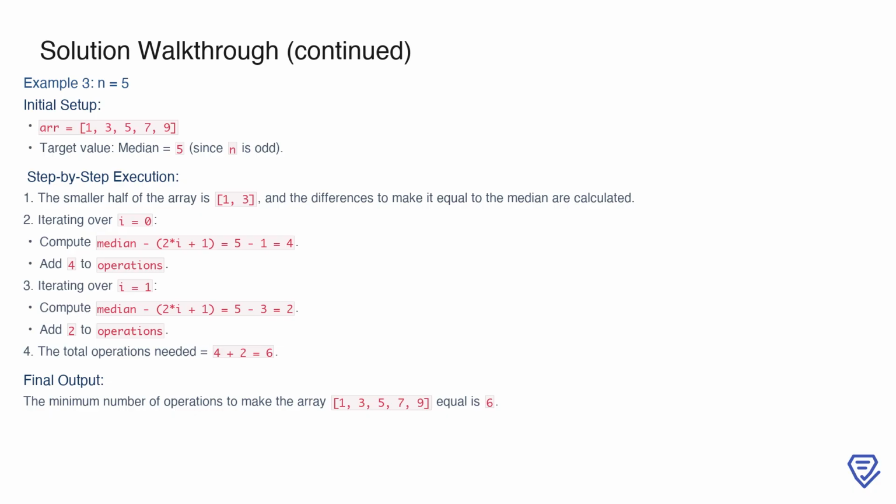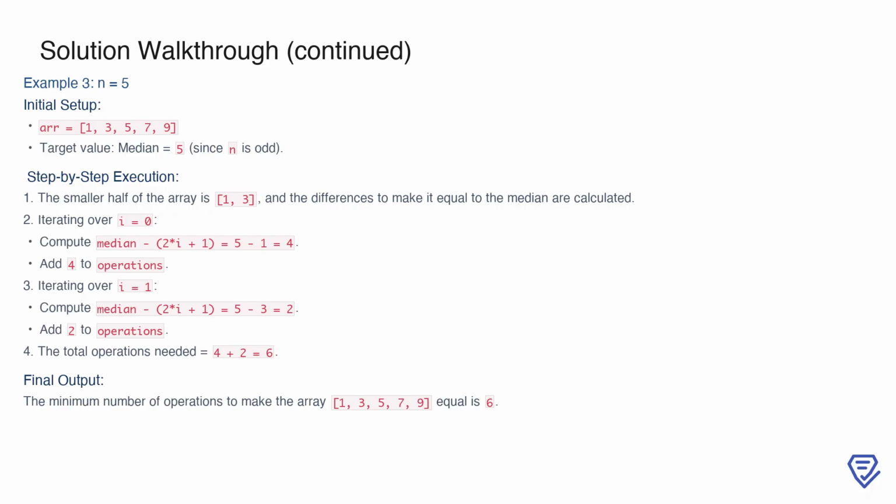Next, let's consider the case where n equals 5. The array is 1, 3, 5, 7, 9, and since n is odd, the median is the central element, which is 5. The smaller half of the array, containing elements less than the median, is 1, 3. To determine the total operations, we calculate the difference between the median and each element in the smaller half. For i equals 0, the difference is 5 minus 1 equals 4, and we add 4 to our total. For i equals 1, the difference is 5 minus 3 equals 2, and we add 2 more. Adding these results, the total operations to make the array 1, 3, 5, 7, 9 equal is 4 plus 2